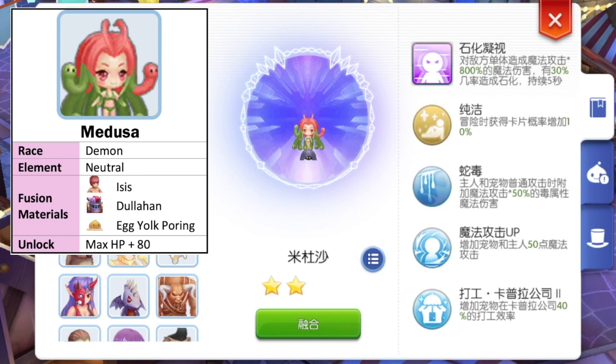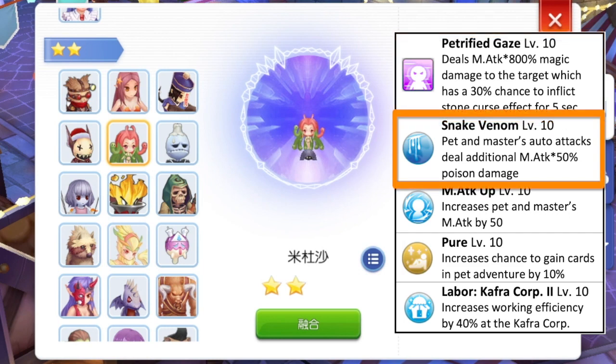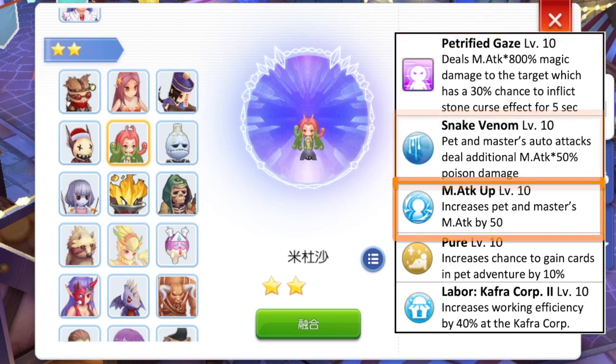The fusion materials needed to obtain it are level 10 Isis, level 10 Dulahan, and level 10 Egg Yolk Pouring. Unlocking this pet gives plus 80 max HP. Its offensive skill deals magic damage, which has a 30% chance to inflict Stone Curse effect to the target for 5 seconds. Having this pet by your side will add poison damage to your auto attacks and increase your magic